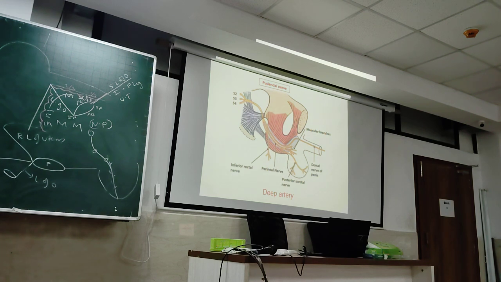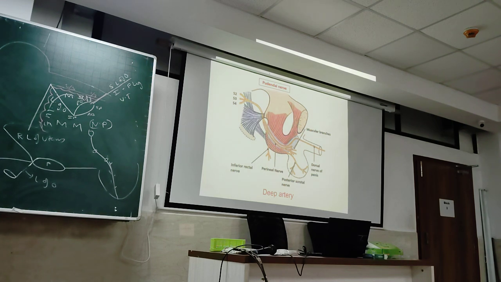Anyway, we are using the word pudendal nerve because there is only one nerve. But we are using the word internal pudendal vessels. That means there must be some external pudendal vessel. Where are the external pudendal vessels? This is the last class of your blood vessels for the entire body. There is a superficial external pudendal and there is a deep external pudendal. Both are branches of the femoral artery.